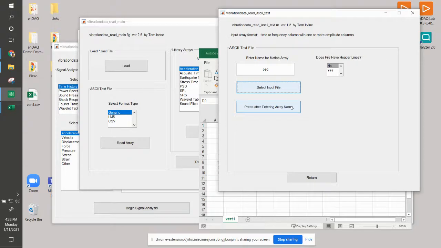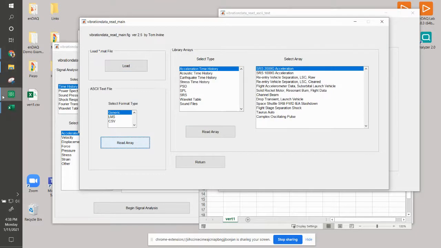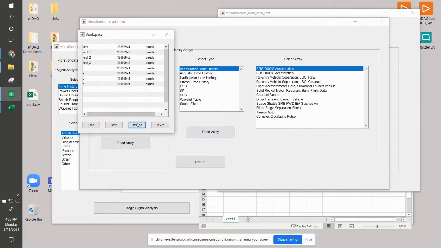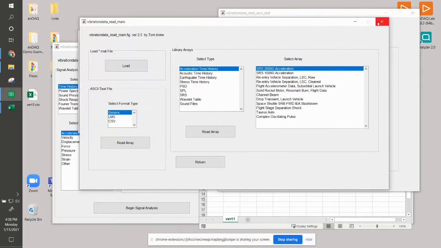Okay. There we go. And if I come back here to my workspace, refresh, there's the PSD now loaded. Okay, so that's how we